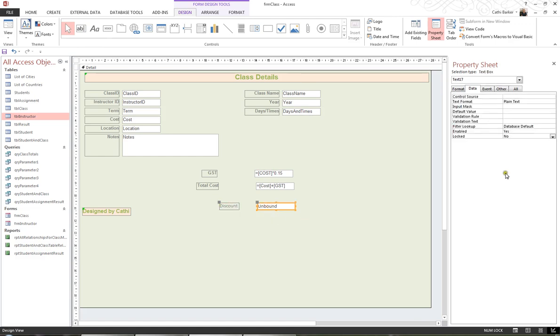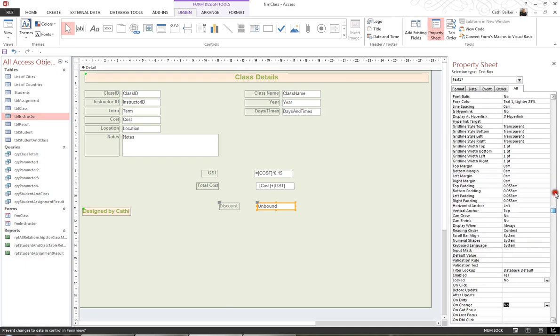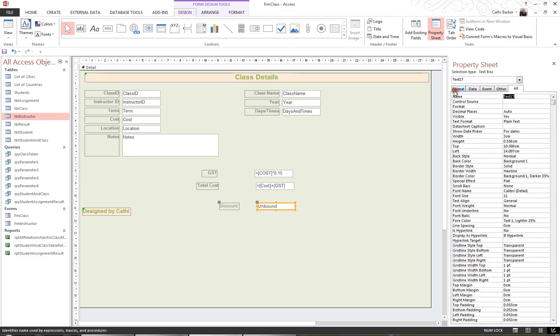I'll click on the unbound field, I'll give it the name discount, and I'll set the control source to an if statement. Now an if statement in Access has 2 i's in the word if. It's considered to be an immediate if. So I'm going to go equals IIF, open round bracket, if the field term, close square bracket,